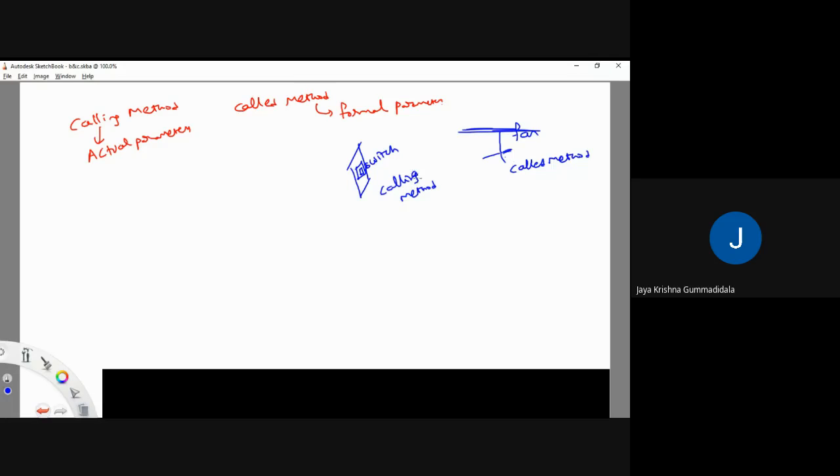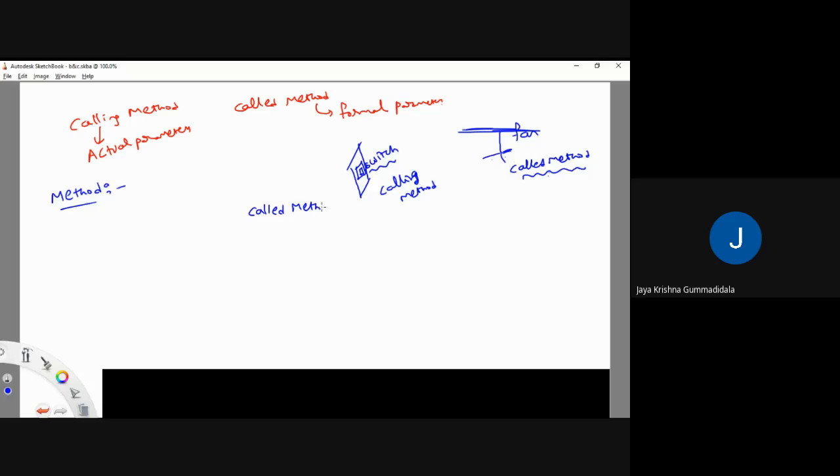You must remember this difference and not forget it. We call the called method through the calling method. If I want to execute a called method, we must explicitly switch on. Only if the switch is compulsorily turned on does the called method execute. For the called method, there should exist some body. Without a body, even though you switch on, it won't work. Meaning that if I want to make the method concept successful, I should have